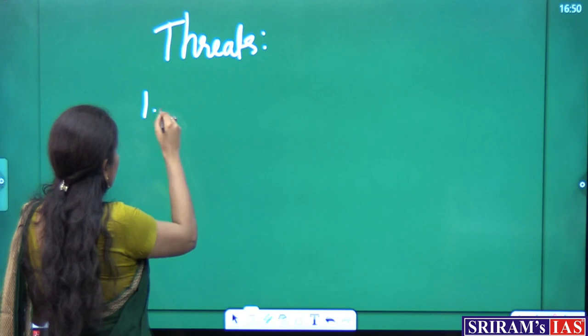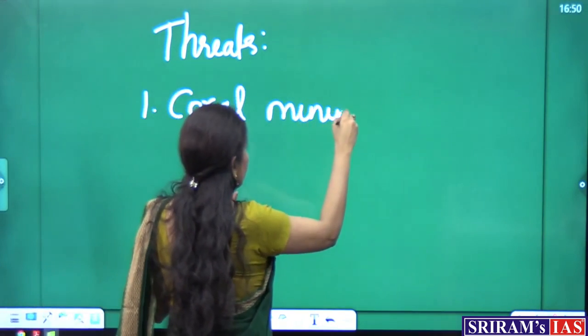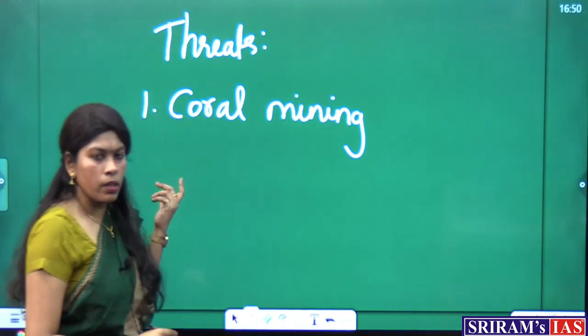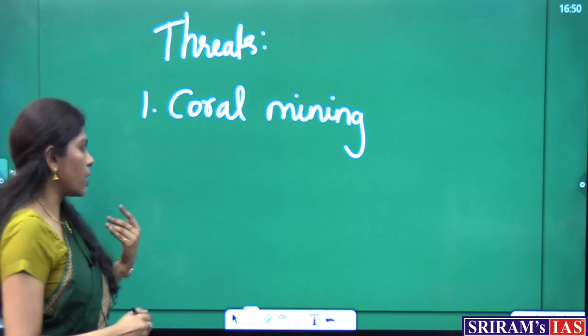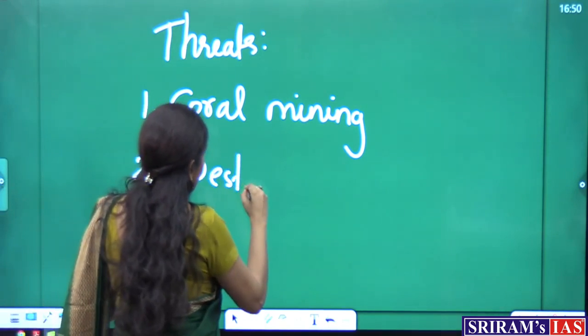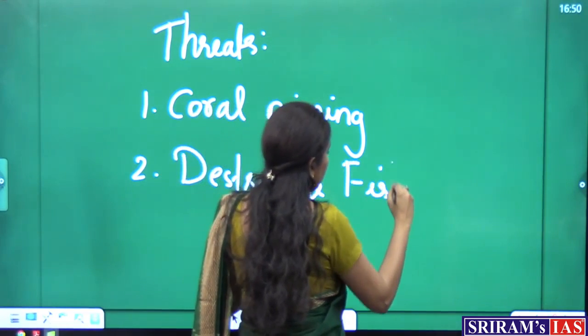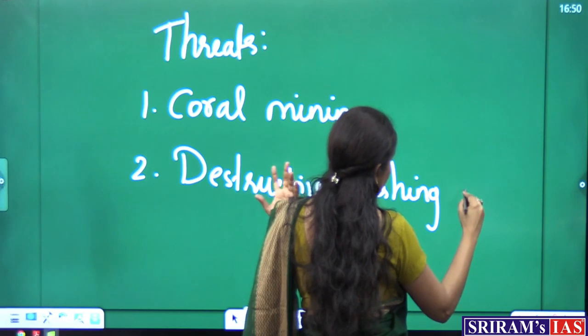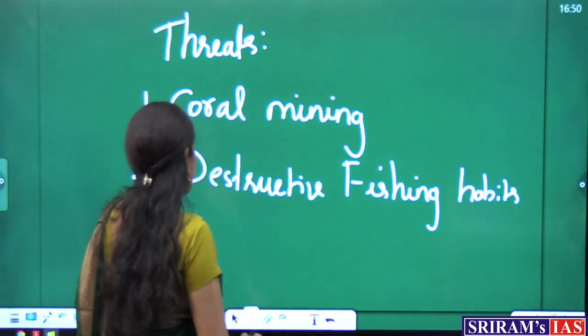So, first one, coral mining. What are they doing? They are mining coral, like how you mine sand and all, they are cutting the coral and using it for jewelry making. Second, destructive fishing habits, like throwing dynamite and then killing the fish. So, killing corals also, cyanide fishing, like this we can say. Third, I can say about